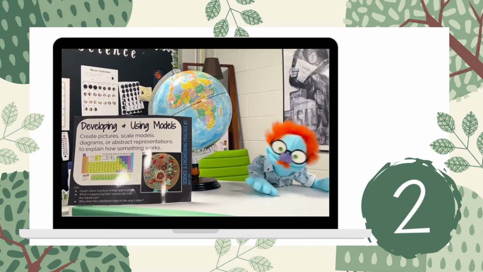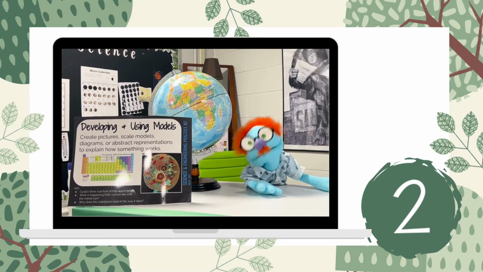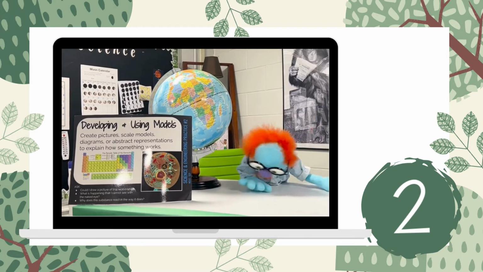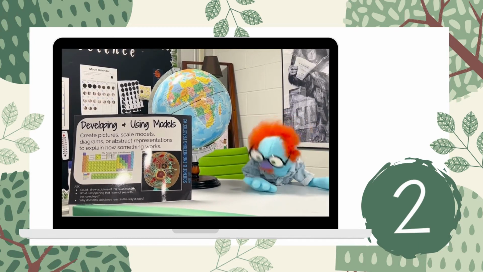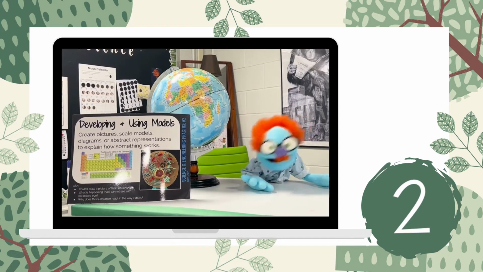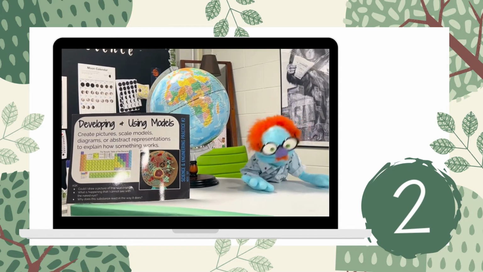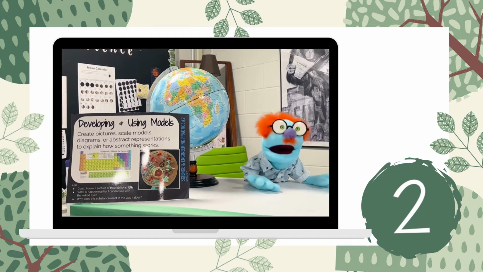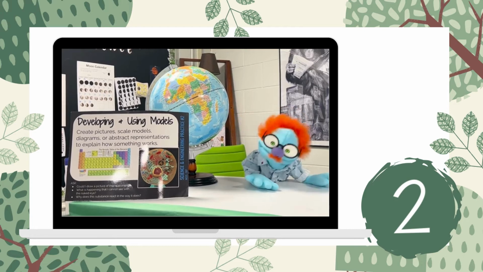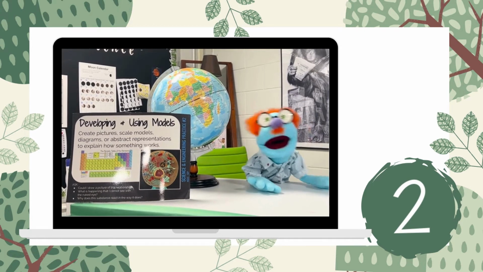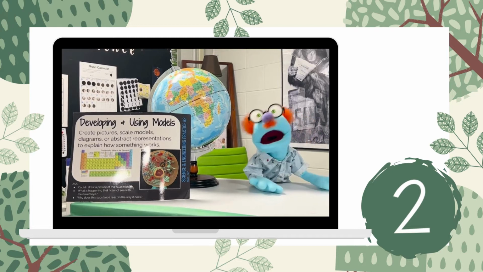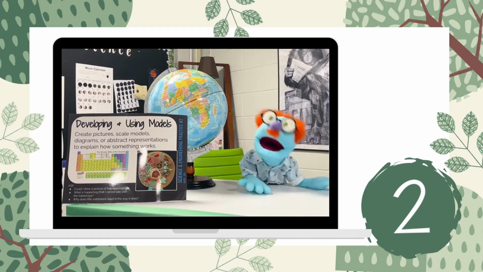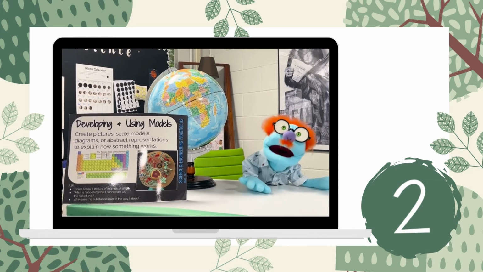Smaller versions of something, illustrations, physical representations are examples of models. We can use models to show our thinking, and we can also use models to run experiments on. Models help us understand why something in the world happens the way it does. And sometimes we find the answer to our questions and we want to make a model to show other people